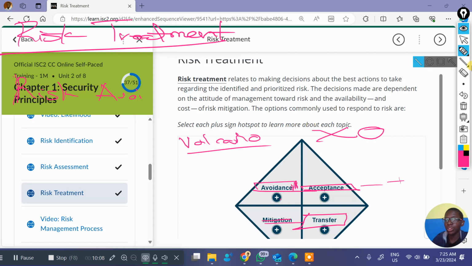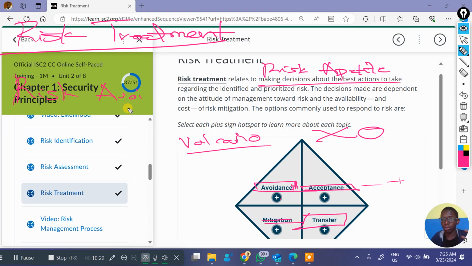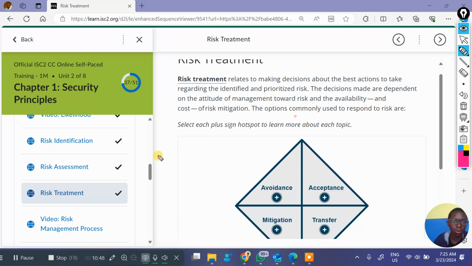You might also see risk appetite mentioned. The risk appetite, oh my God, it's not easy spelling appetite. Risk appetite basically is talking about your ability to stomach a risk, your ability to accept a risk. We have so many companies out there. Microsoft, for instance, can accept a risk of losing up to $300 billion, more than a small company that is only worth $10 billion. So I think you get the idea. Your ability to take that risk is your risk appetite.